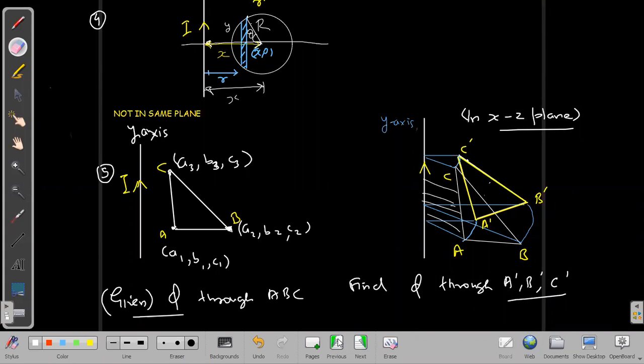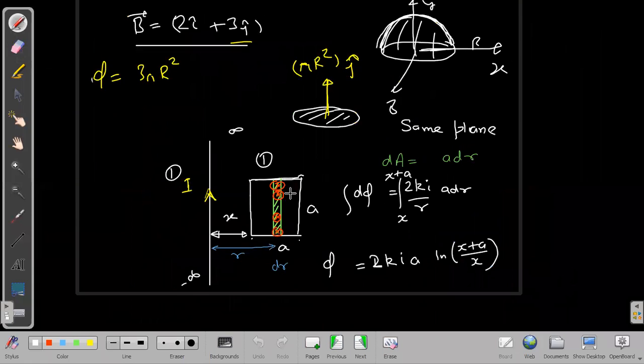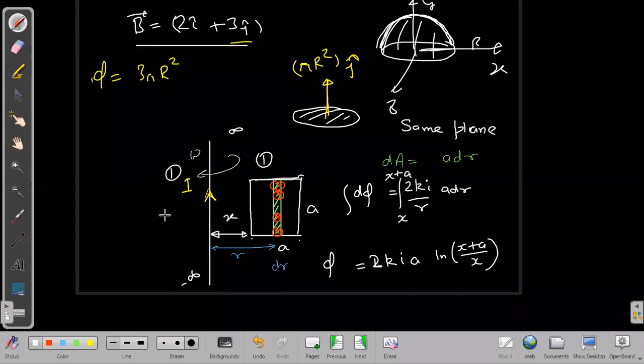We can think, or if you are not understanding this, we can understand in this way. These are the triangle. For example, this is the square. If I start rotating the square with angular velocity omega, will the magnetic flux change? No, it will not change. If I rotate this square with angular velocity omega about the axis, wherever the square goes, it will still remain in the plane of the ring, the plane of the wire, and the magnetic flux through it will remain exactly same. It does not change. Do you get my point or not?